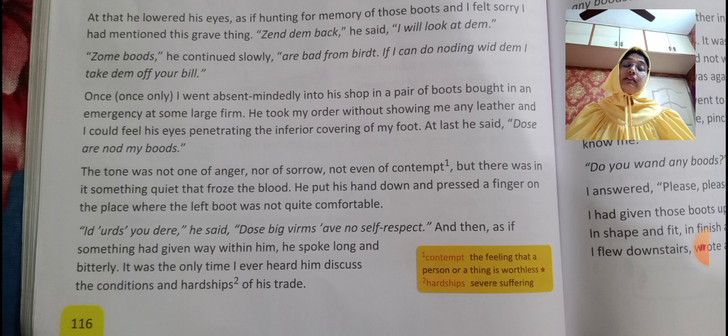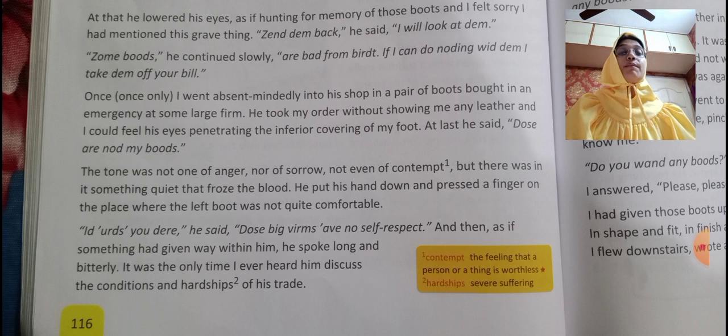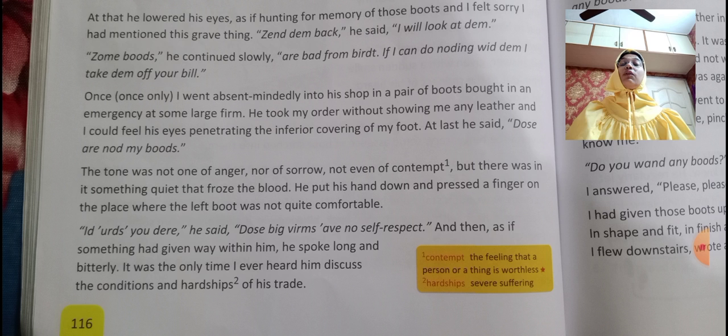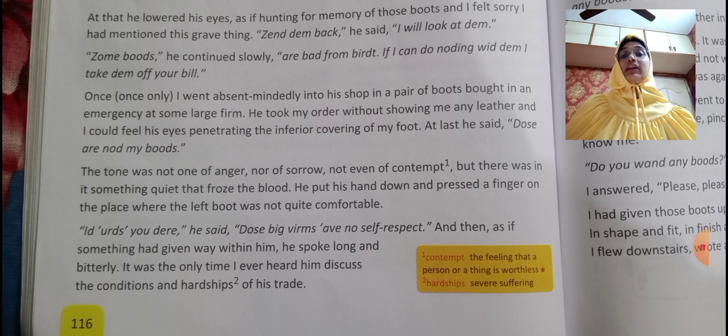So, what was being done to him? He had cutthroat competition with these big firms who were selling shoes without quality. They did not have any skill, any quality of leather or stitching, but they used to sell shoes to people just because they advertised. They invite many film actors and actresses and advertise their product, and people used to think that their products are very good and of very good quality.